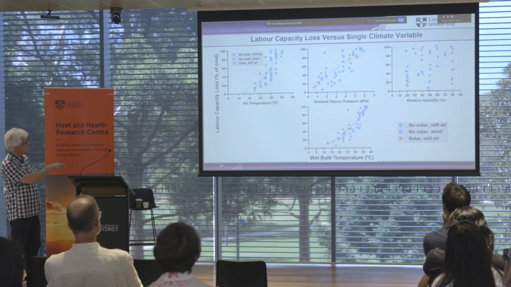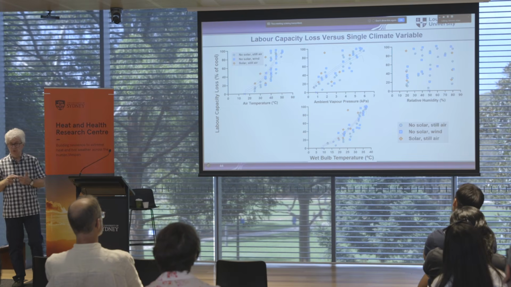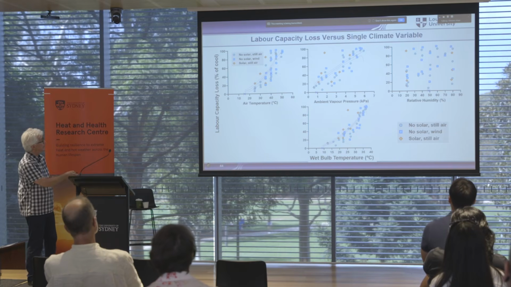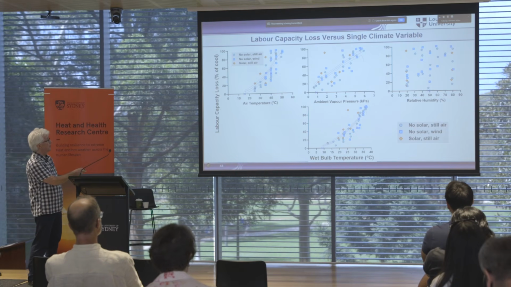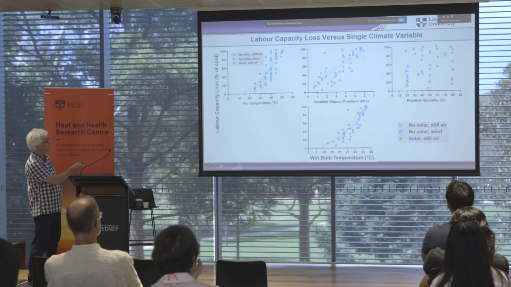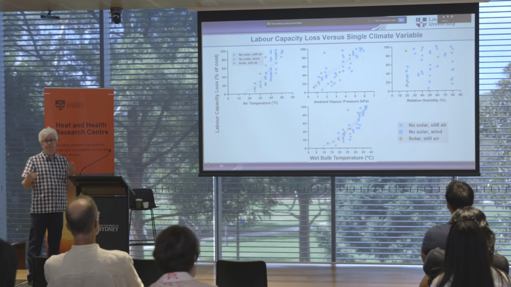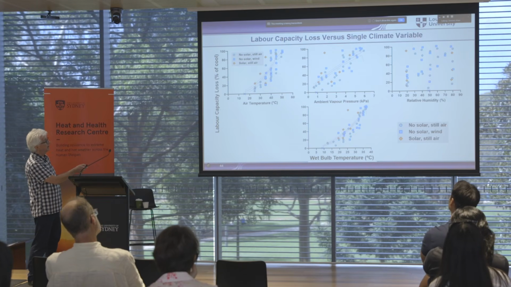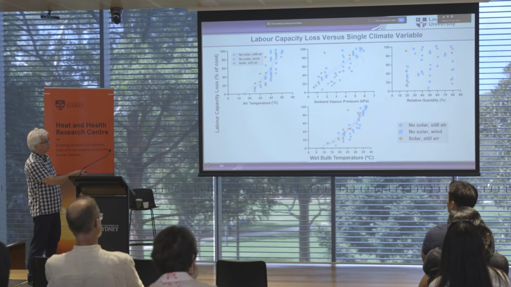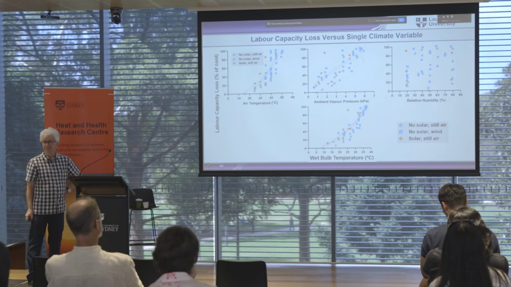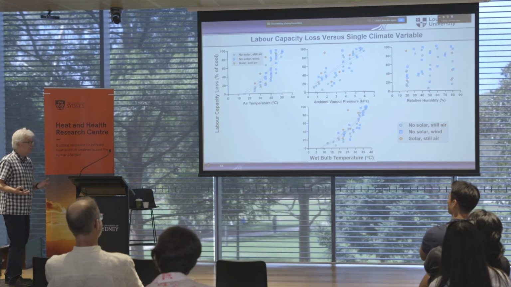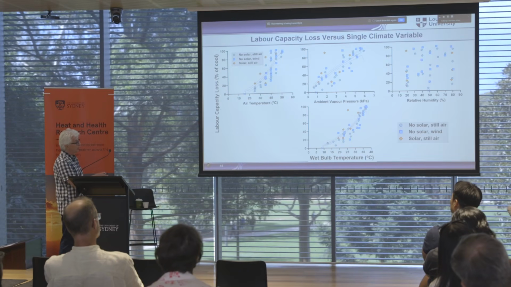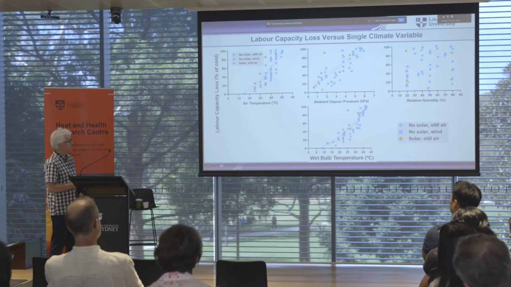Now, in this we have data for temperature, different humidities, different wind speeds, sunshine and no sunshine. So it's again the four-dimensional space. And if you would use air temperature as the parameter, you see you would have huge ranges of outcomes here, which is not usable. Ambient vapor pressure, similar. There is a relation, but it's very, very weak with a huge spread. Relative humidity, there's nothing, which is, of course, what I love, because relative humidity without temperature is meaningless. Wet bulb temperature actually is already a bit more, because that has temperature and humidity combined in it.